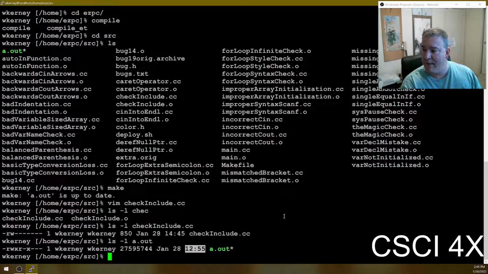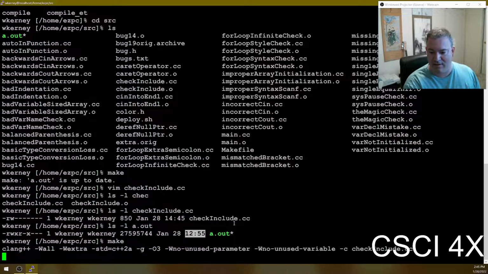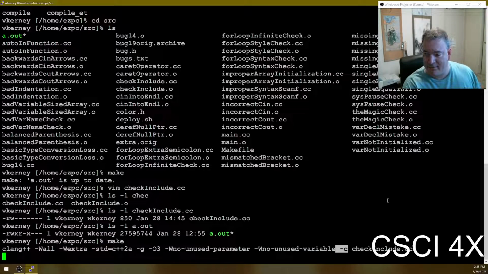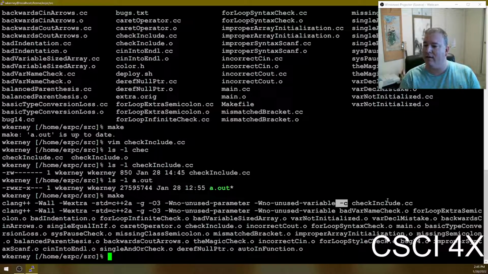And so make, which is very intelligent, will say, oh, check include got updated. So when I type make, it doesn't rebuild that whole thing. Instead, you'll see it just compiles the include file, with what's called the -c partial compilation flag. That generates that .o file. The .o file is the result of the compilation, and the results of the compilation are saved for all the .cc files. So when you go to build the executable,